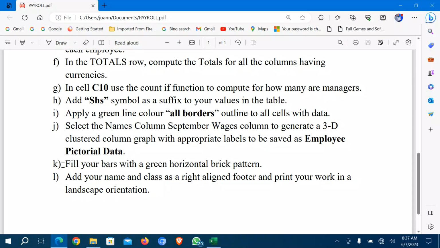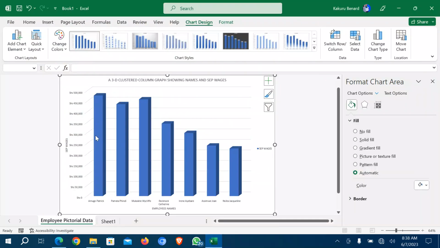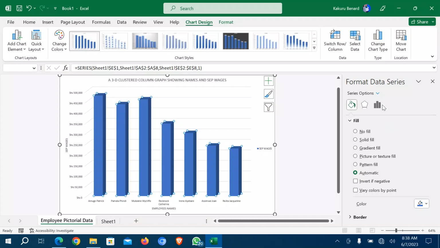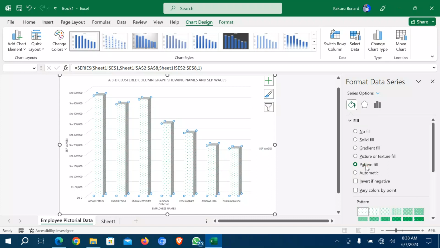Then K says fill your bars with a green horizontal brick pattern. Wow. So here these are our bars, so we can click in one of your bars. Then to the right you will have the format data series options. The first one is the fill. So fill and line, when you go under fill and line, you will come to pattern fill. When you click on pattern fill,